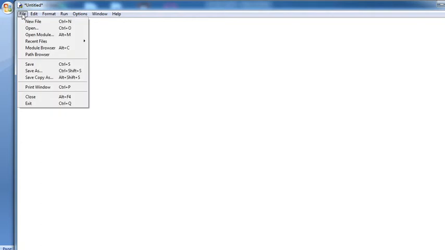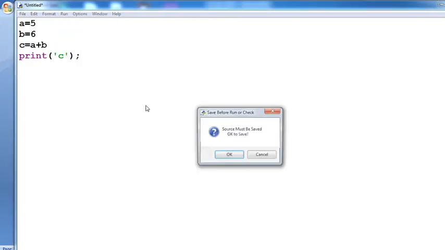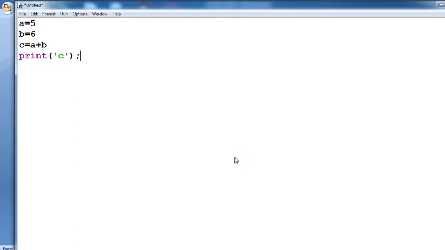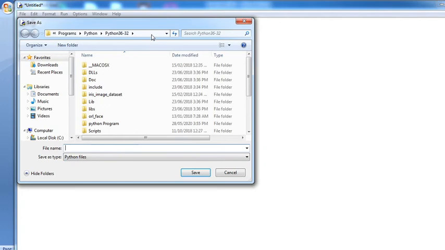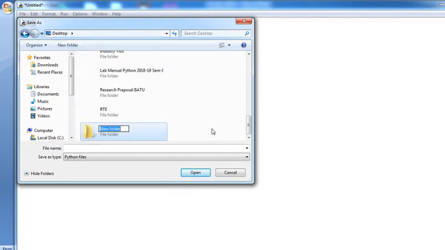That means for execution you go to Run Module, then F5. First the source must be saved. Then click on OK. Suppose you make one folder on your desktop and give it the name Python program.